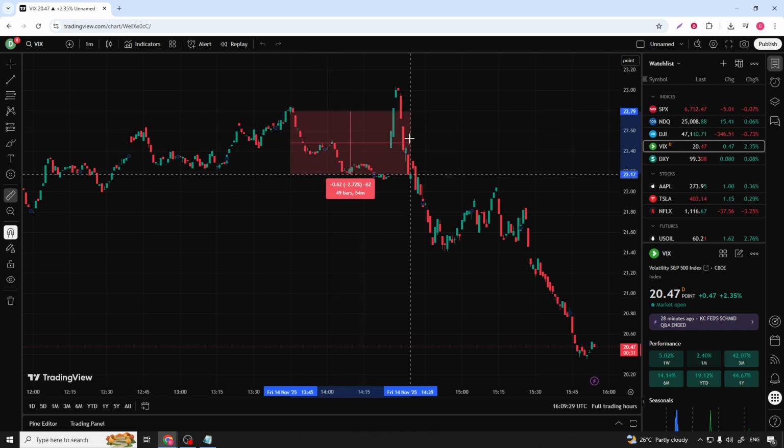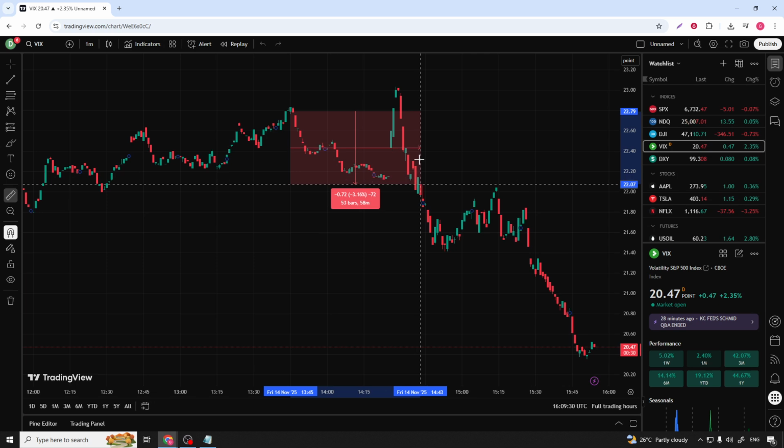With the measure tool activated, you'll want to point and drag across the chart to your desired endpoint. This motion effectively allows you to measure the difference between two data points. It's an easy way to see percentage changes, duration between points, or the absolute difference in price. As you drag, you'll notice that the information automatically updates, giving you real-time data about the distance or change you're measuring. Once you have a line drawn on your chart, the